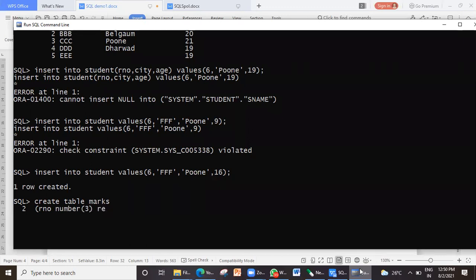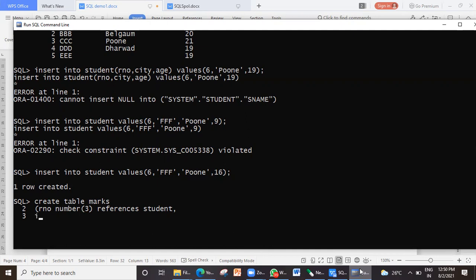And then how to create a link. So there are two or three ways. The simplest one is references. And then I should specify the table to which I am trying to link. References student means automatically that roll number from the marks table will be linked to the roll number in the student table. What do you mean by this linking? I will tell you later.